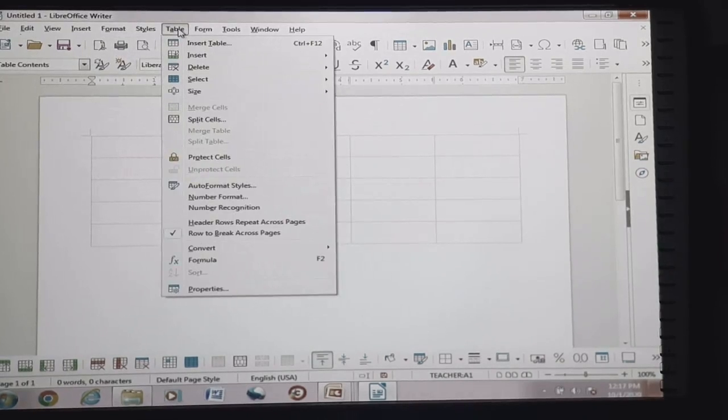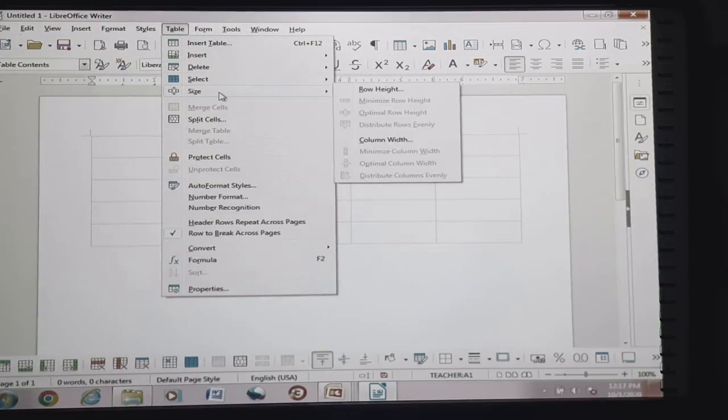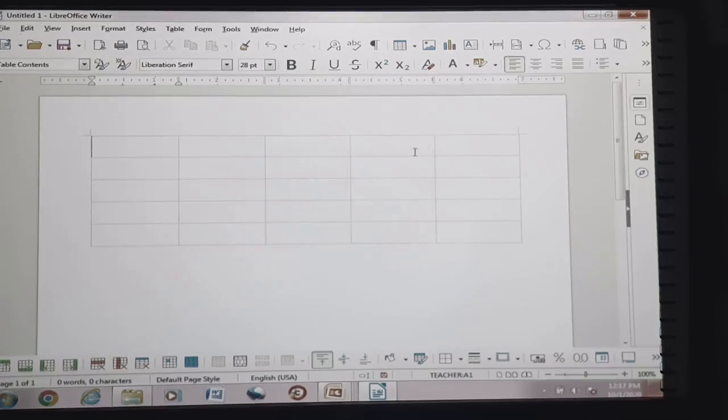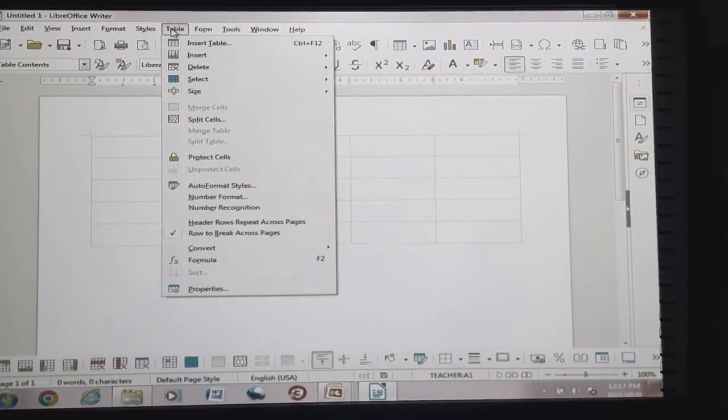Table. Okay. This is a way by means of which we can adjust column width and row height. Now apart from this, auto fit to content.